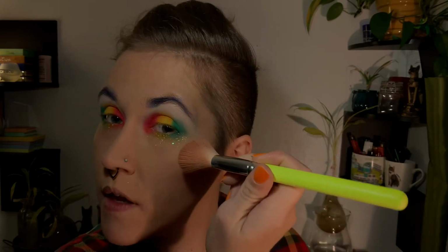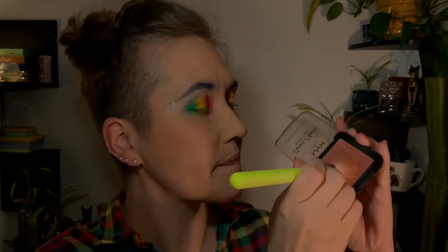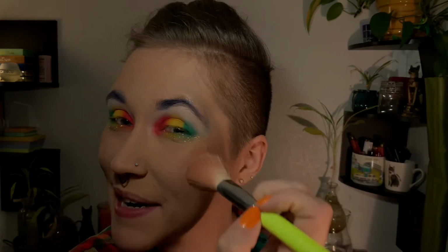So I want to make sure that it does show up because I want my cheeks to be rosy. I don't want to look like there's just a ton of makeup concentrated on my eyes, or a ton of color. So I'm going to use this angled brush and the NYX Sweet Cheeks Matte in Totally Chill. And I'm just going to lightly put on a little bit of that blush right at the cheekbone, the apple. Pick up a little bit more. Just put a